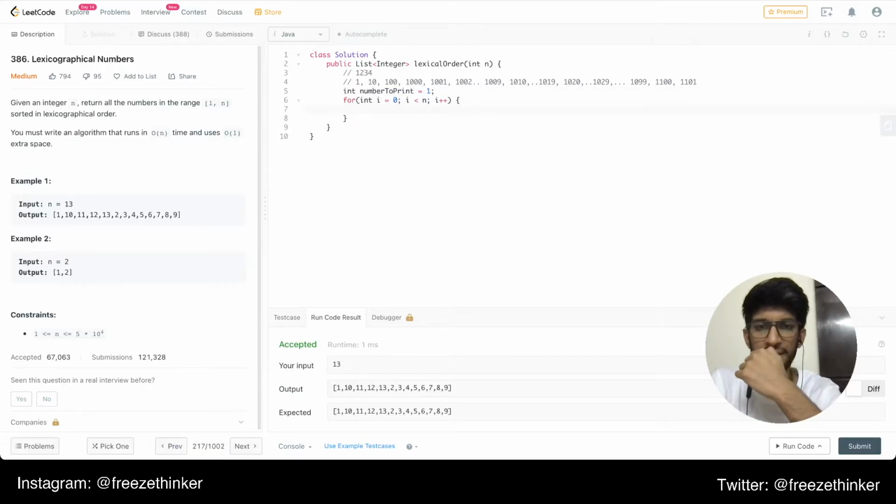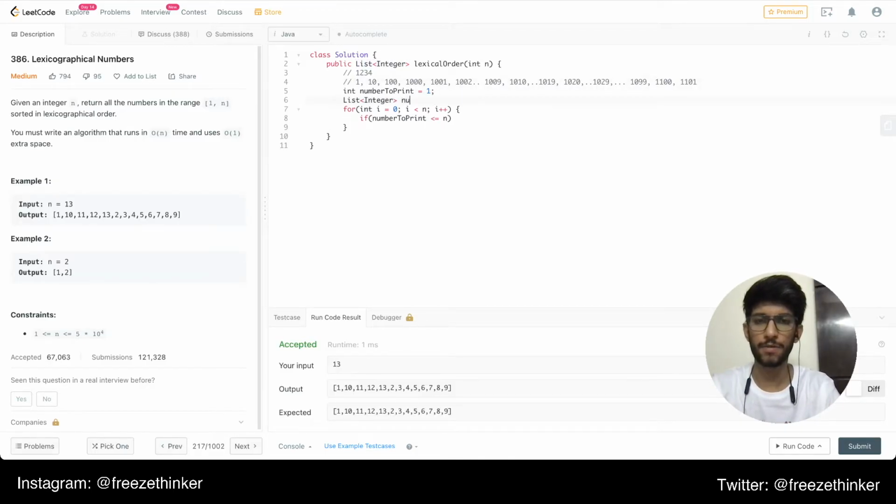And so if the number to print is less than or equal to n, we should print it. Or no, let's just not print it, because we need to return it in the list of integers. Let's just call it nums, a new array list. And once we are done with this,